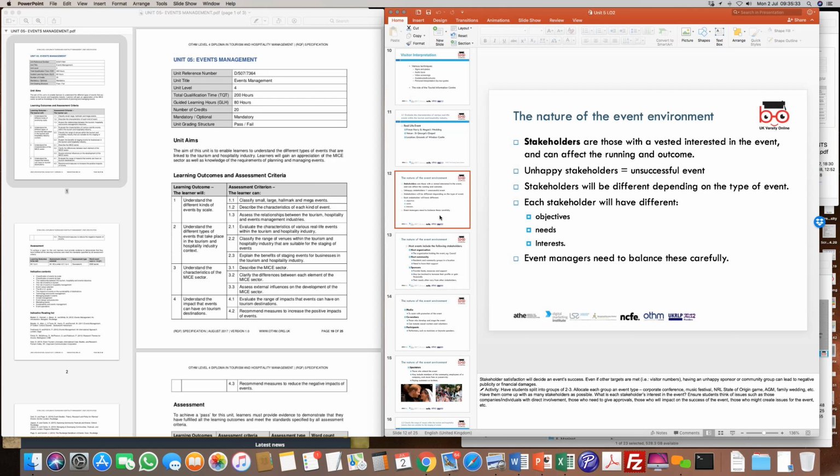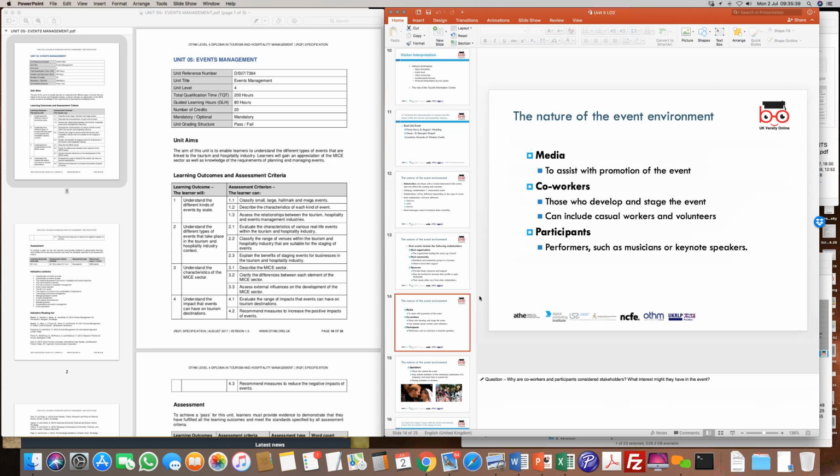So when you look at classification of these events, we need to understand the characteristics of real life events. They involve the media, which could be television, press, whatever. A lot of people get involved in the operational side of things, and they are cast as co-workers. Then you have the participants, who in some cases are different from those actually involved in the event itself, which is the royal wedding. Participants are performers, musicians, keynote speakers, the family, and the paraphernalia. For example, the guest list and the caterers tend to be participants because they also play a very individual role.